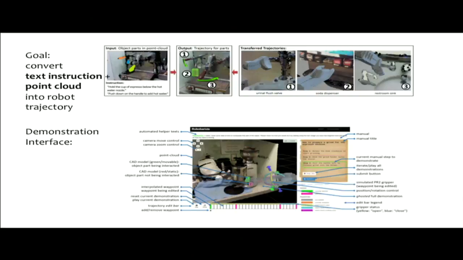And the way that they collected data for this, and the way that they tried to get humans to provide demonstrations, is they had this online interface where they had an image and a segmented point cloud of the object that was being manipulated. For example, in this case, the point cloud of the lever was segmented from the rest of the points. And then there was this arm, this gripper in simulation, that the human manually moved in 3D space and set different waypoints for the gripper to reach as the demonstration.